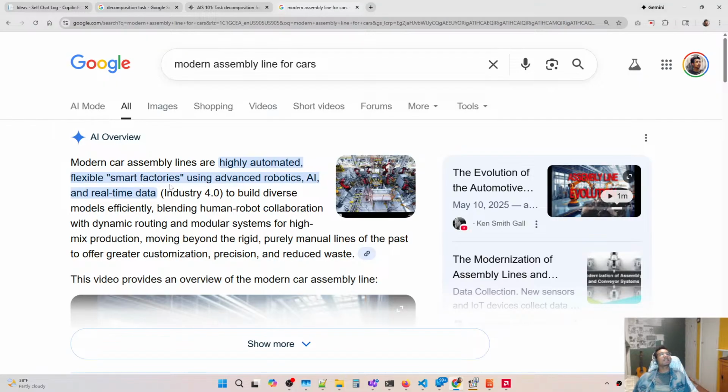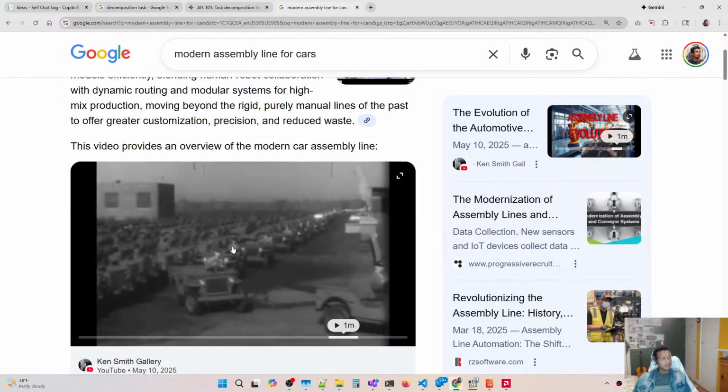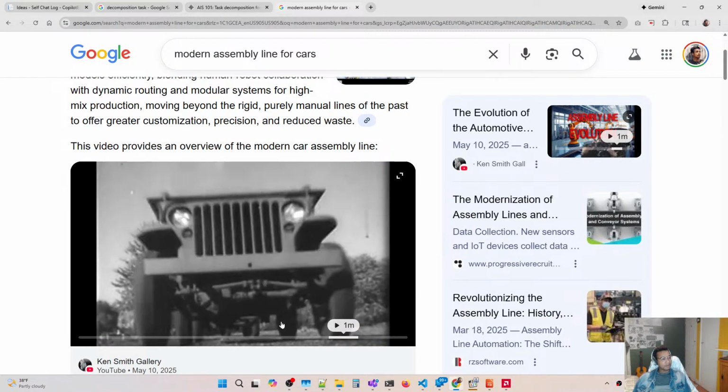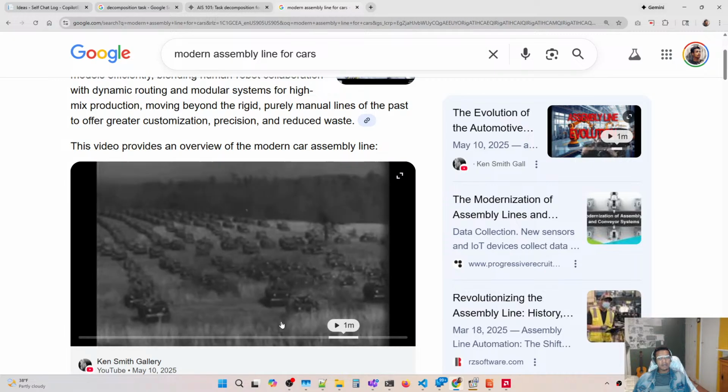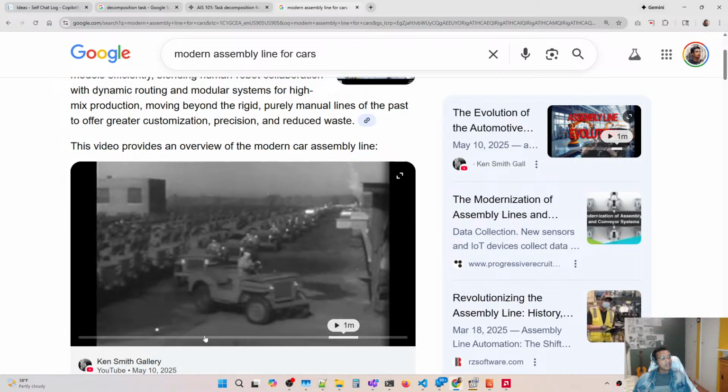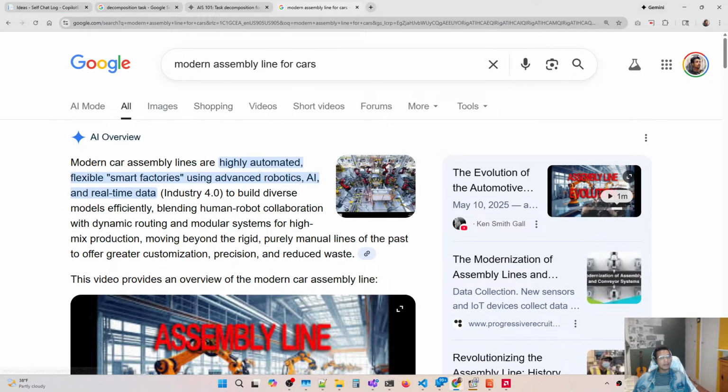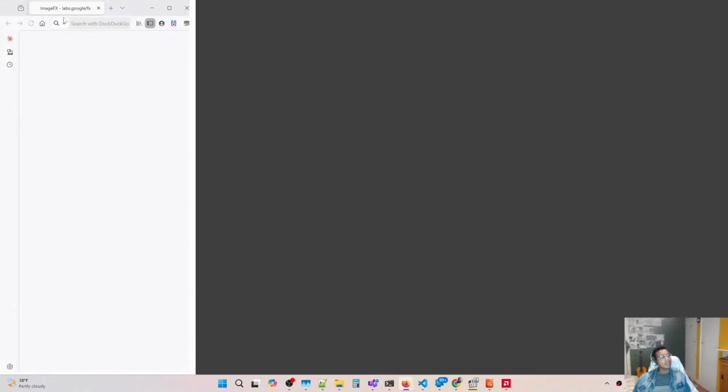It's highly automated. So even the car industry is using smart factories and robots to assemble stuff for us. So imagine that humans, especially building software, like I was saying, I think